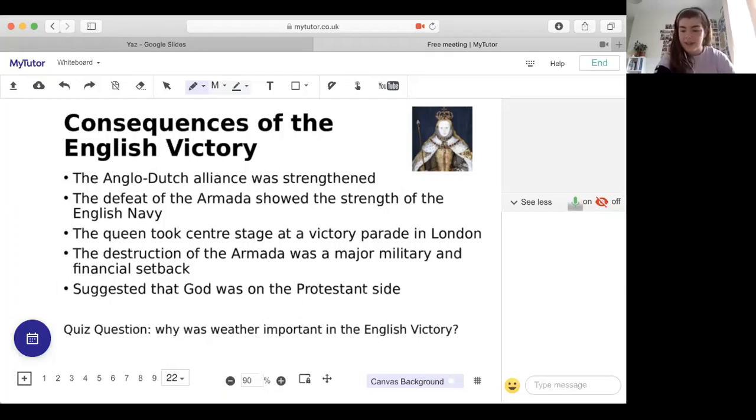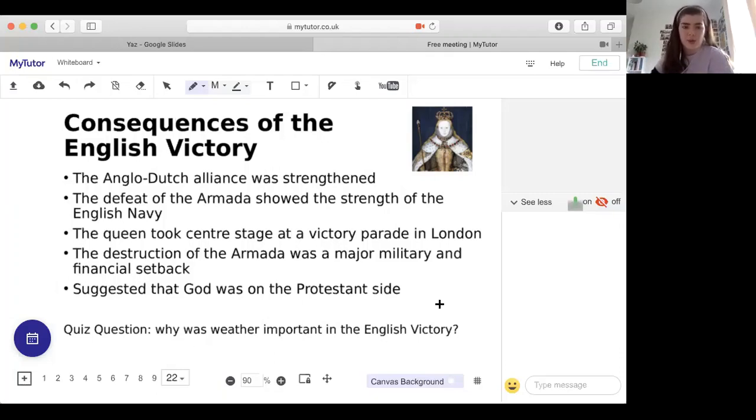Excellent. As the weather was pretty unfamiliar to Spain, the original plans will have been significantly stunted, as compared to the English, who trained all along in the sea. Excellent. So three brilliant points made there. First up, it destroyed the Spanish ships. Second, it's a sign from God that he's on the Protestant side. It decreases Spanish morale. Excellent point. And then finally, the fact that the English are used to the storms, the weather, the sea in the English Channel is another reason that they're able to succeed. So well done, guys. Excellent points.